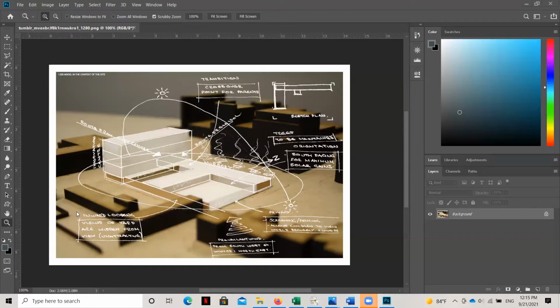And this is actually a photograph of a model on top of a work surface, probably something that was used in a drafting or architecture studio to start to simulate the massing that might happen for a building on a job site.